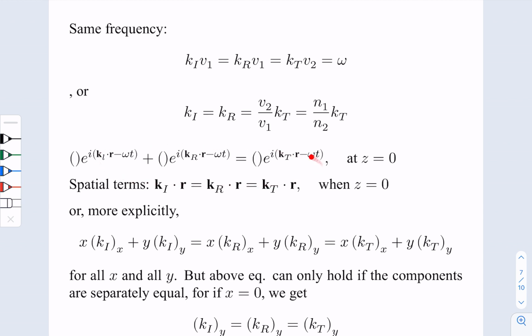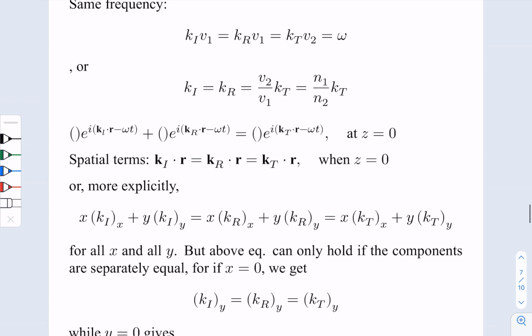So how the water waves transmit across some boundaries will be exactly the same expression over here. So for this kind of general expression, we can more explicitly write down the spatial terms. In the spatial terms, these three should be equal to each other, which implies that